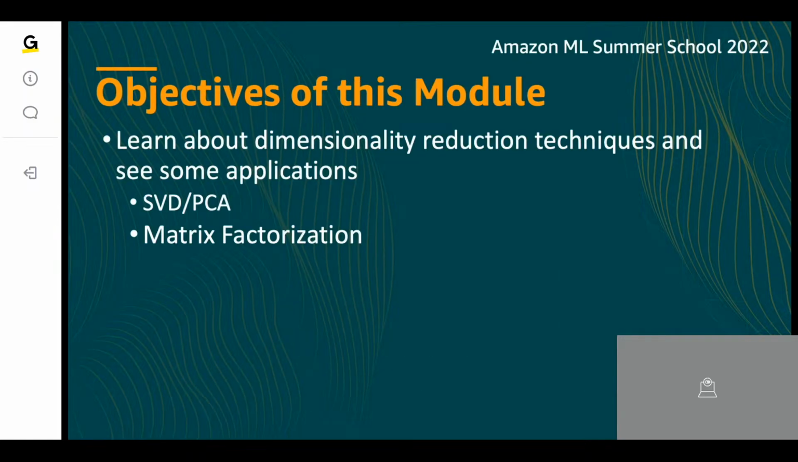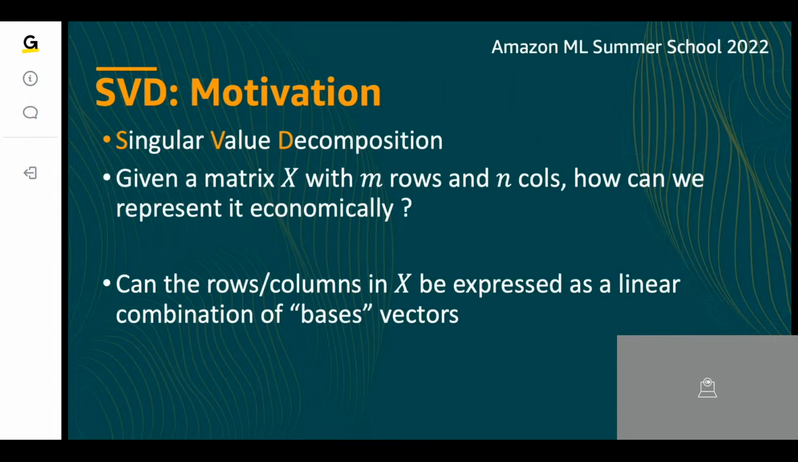Okay, so coming on, we can start with singular value decomposition. That's our first deep-dive topic in this particular subsection. In singular value decomposition, essentially the question you're asking is: given a matrix X, which has m rows and n columns, can we represent it more economically? Now, this matrix X with m rows and n columns can originate from a variety of sources. It could be, for example,